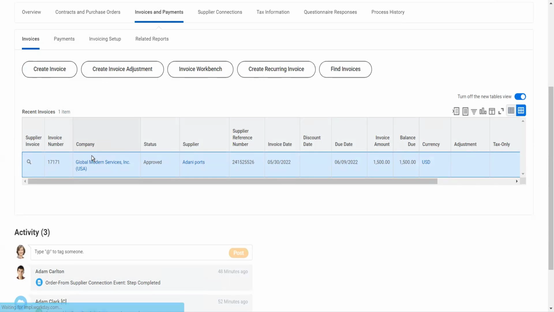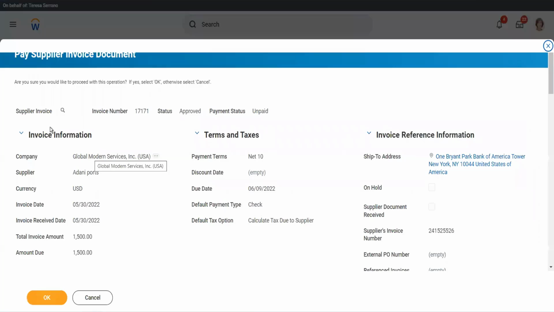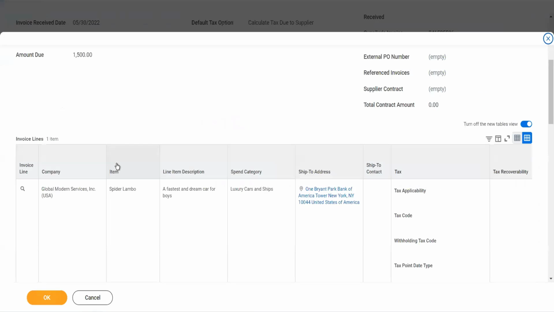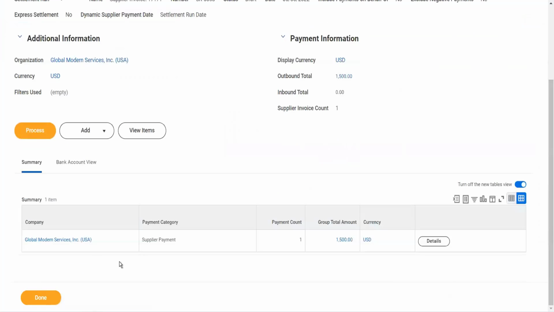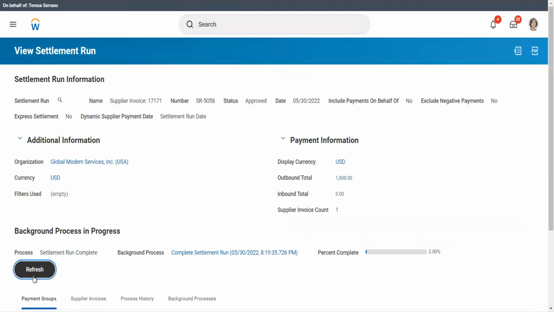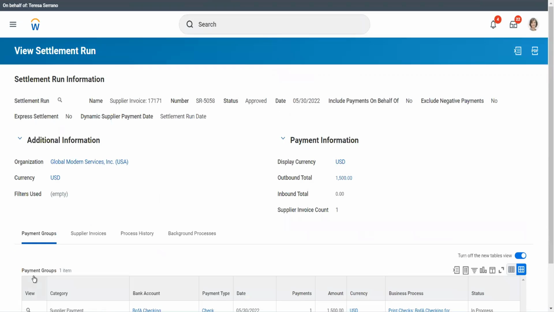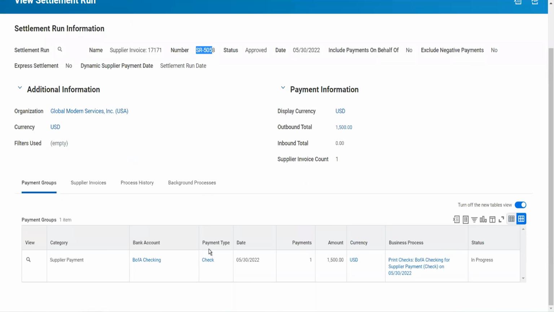So let's see. Are you sure you would like to pursue this operation? Yes, I am, ma'am, and hit OK. Okay, so this is $1,500. Click on process, and refresh. It's done. Settlement run number is 5058. It's approved. Now, if you look at this invoice,